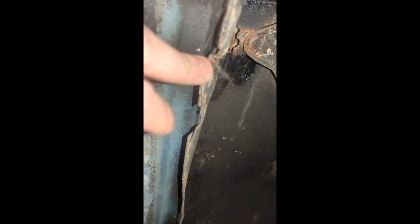All right, so this is my problem area. If you look here, this is just mashed up. I started working on it a little bit already. This hump right here needs to get pushed in. The inside of this rocker is pushed out towards the middle of the car. So it's forcing this subframe connector to get pushed towards the middle of the car. That's why it's not resting properly. So I got to massage this pinch weld here, straighten it out, and then get inside this inner rocker here,